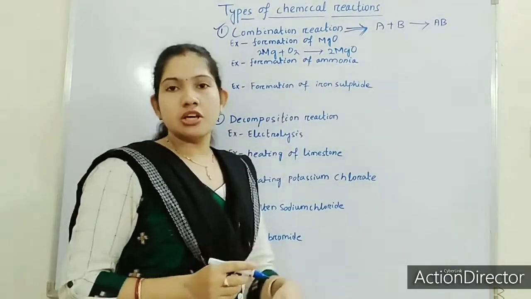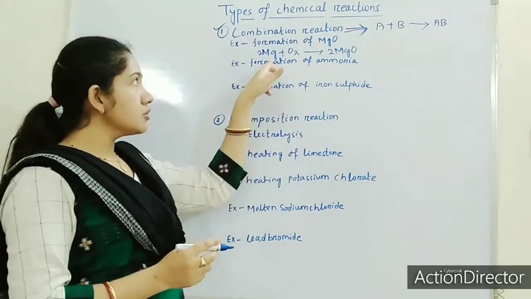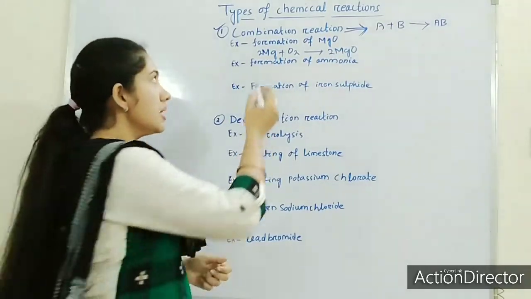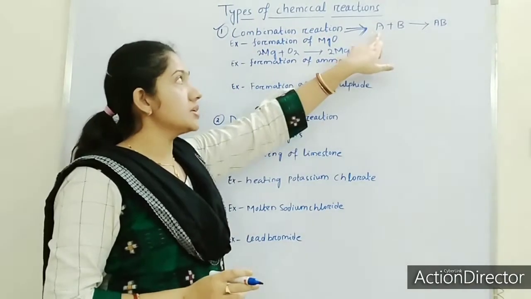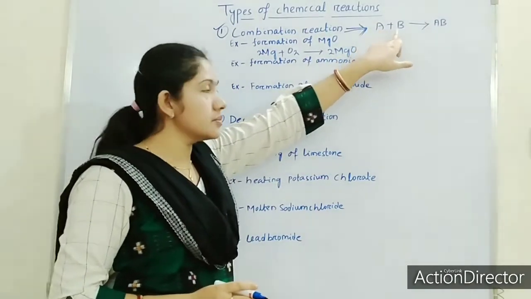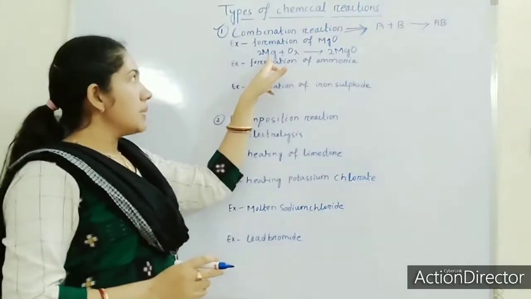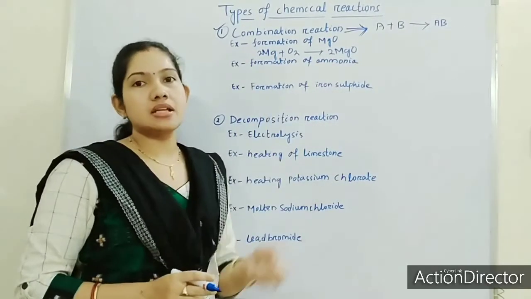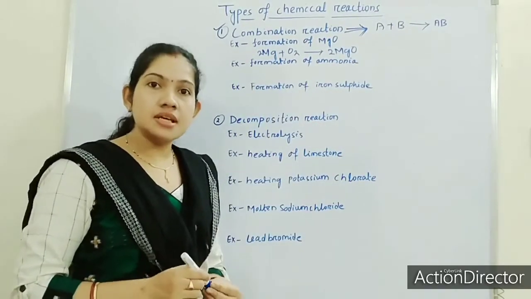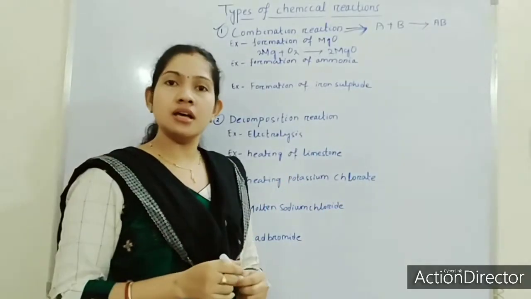Here I have written the equation for the formation of magnesium oxide, and you can see magnesium and oxygen are the 2 reactants. As I wrote A plus B, where A is a reactant and B is a reactant, to form a new product AB, like that magnesium and oxygen combine with each other to form magnesium oxide. Here 2 reactants combine to form a new product. That's why it is a